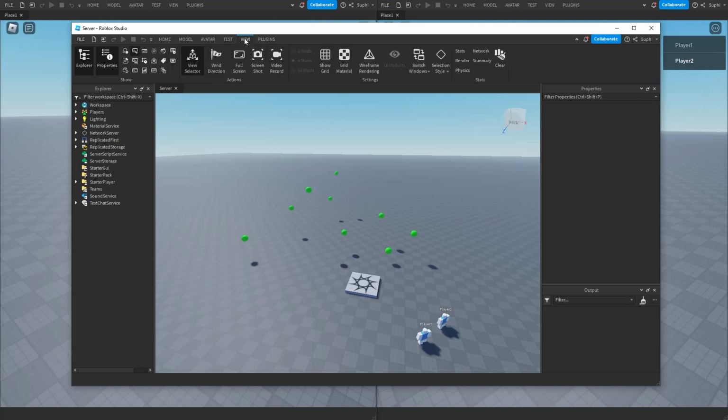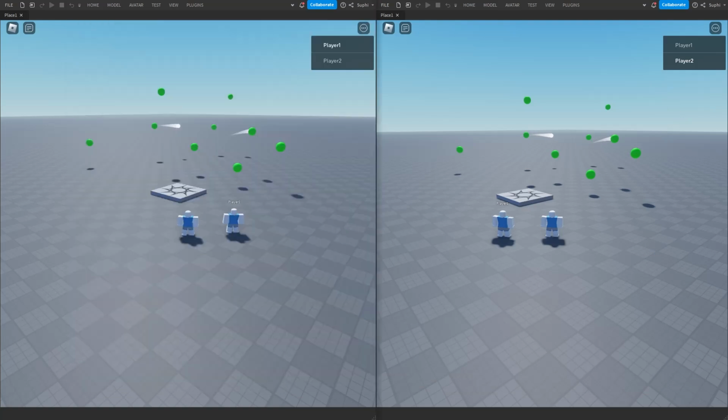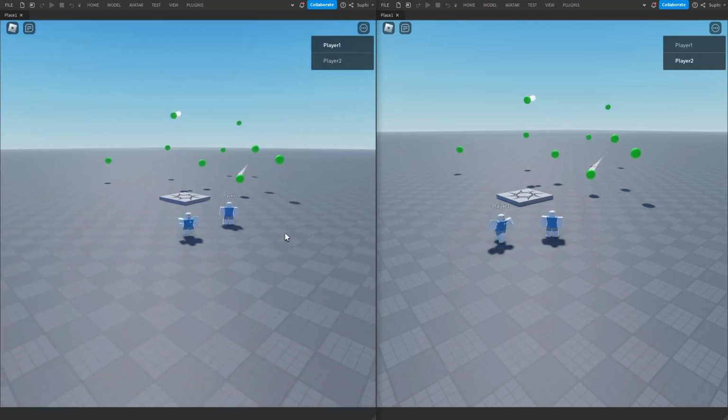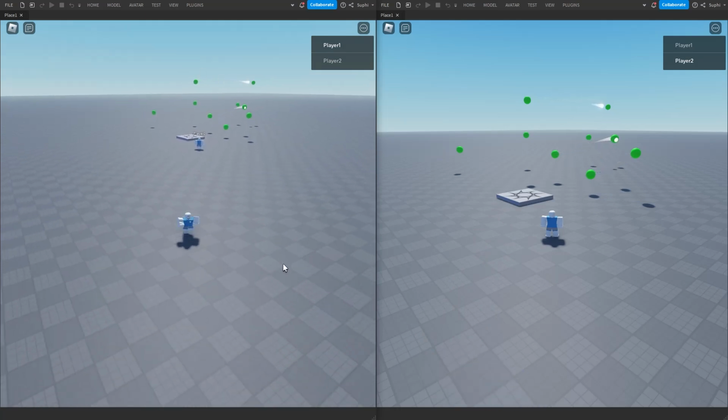And if we go to view and network, we can see that the overall incoming and outgoing data is almost 0. So the part's movement has no effect on network data. And if we take a look at both clients, we can see that the parts move in sync between both clients. And if one of the clients walks away and streams out one of the models,